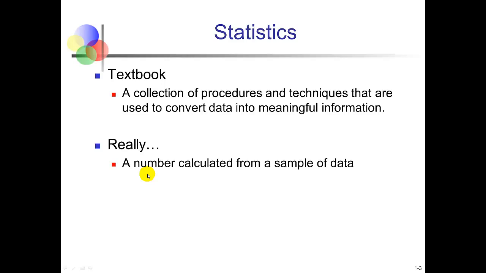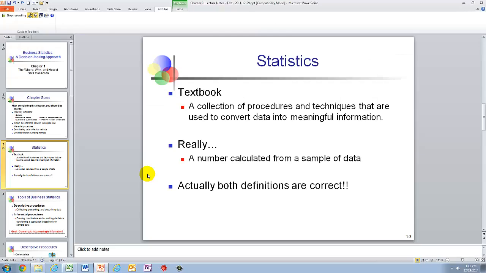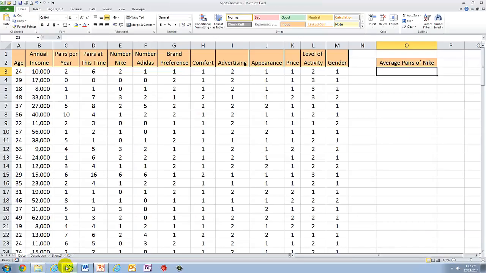Now I said, okay, what is a statistic really? Figured you might want to know this. A statistic is really just a number. It's a number that we calculate from a sample of data. So you've done this before actually, you probably just don't realize it. Let's go over here to Excel. This data sheet is called